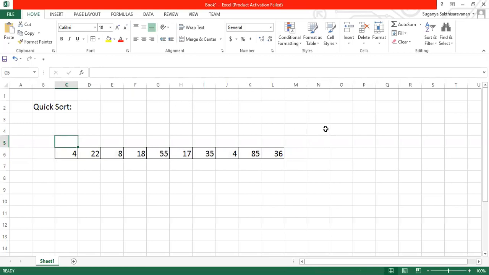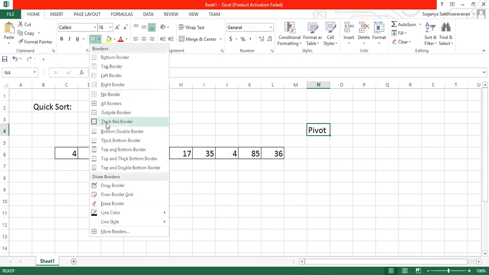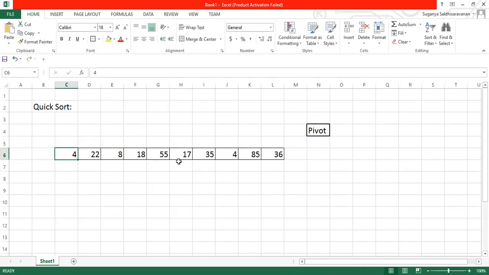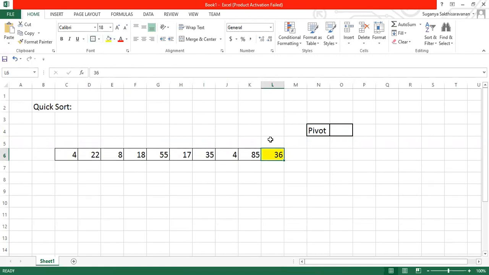The important place in quick sort is that you're supposed to select a pivot value. It can be selected from any position: the first position, a mid value, or the last value. It's up to you. Here we are going to set the pivot value as the last value. Based on this value, we are going to work it out.